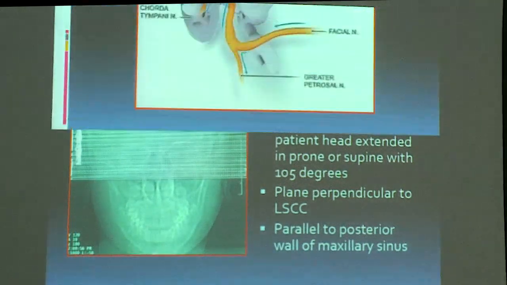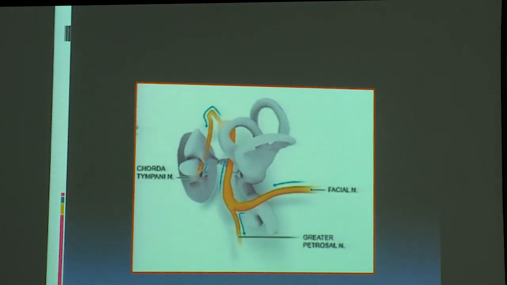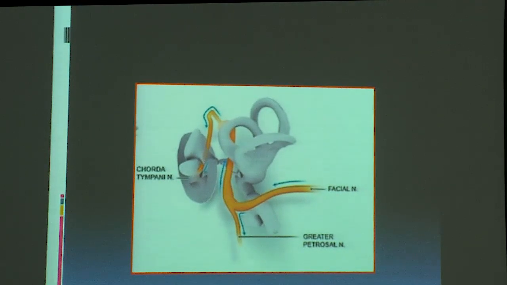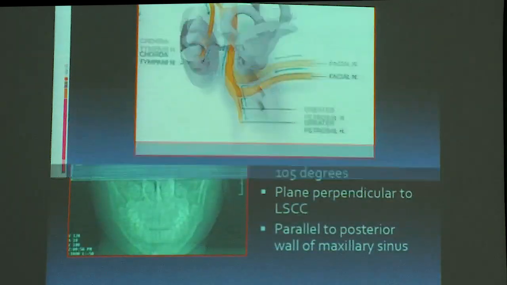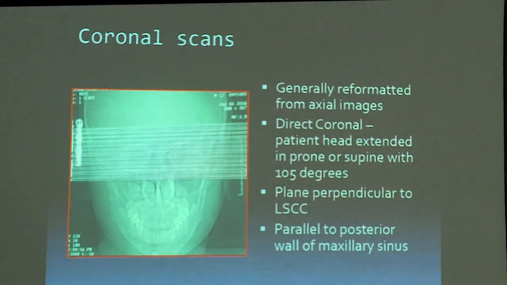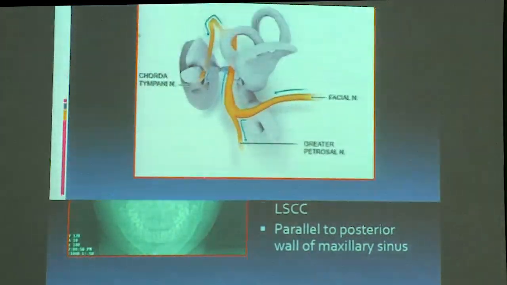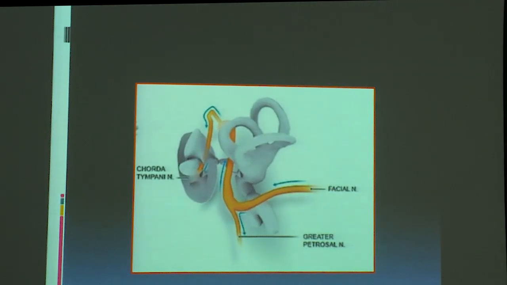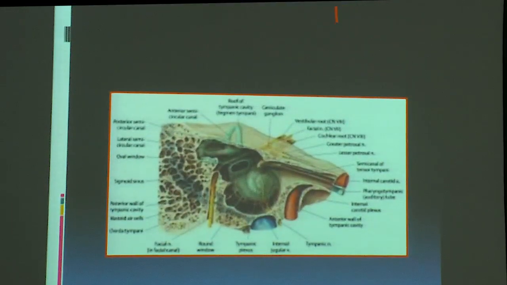Now we will just run through coronal images. Here we see from anterior to posterior. So just like we cut the bone slice by slice from above below, we are going to cut it from forwards to backwards. Here again you have to remember that we will start with the facial nerve and the carotid artery again. So first we are going to cut here, then we are going to cut here, like this we